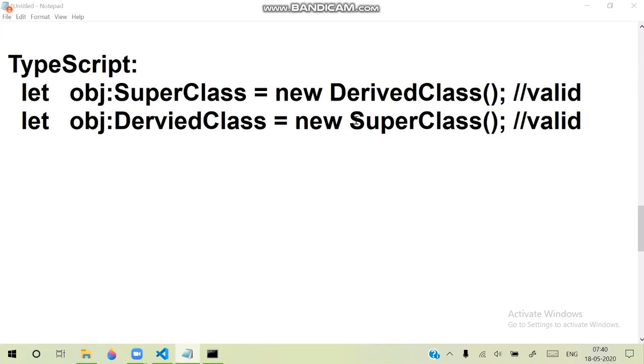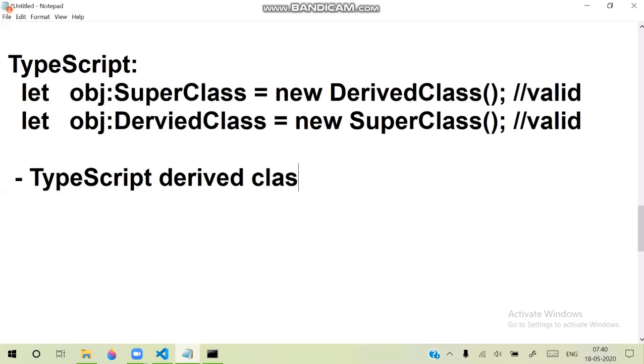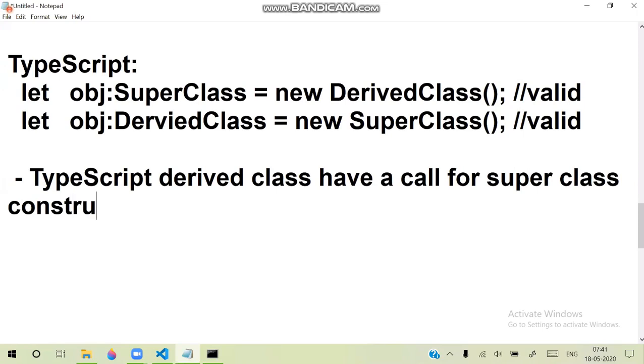But in TypeScript, it is valid because the derived class has a constructor with a call for the superclass constructor. So TypeScript derived class has a call for superclass constructor. Due to this, both are possible. Actually, this is not possible